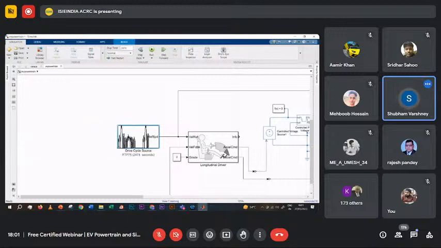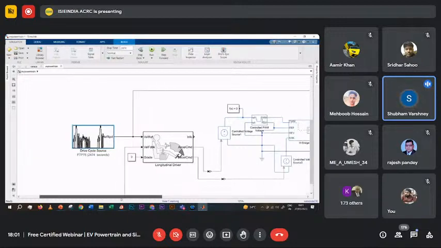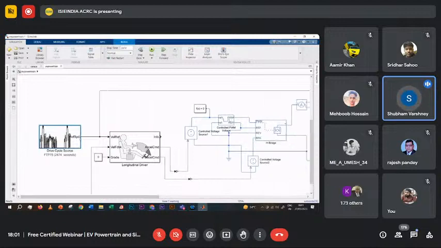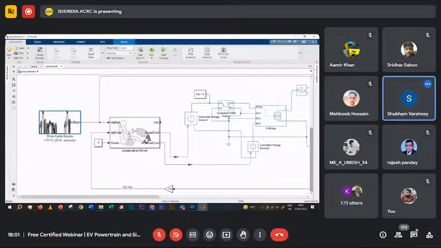So this is my reference speed which we are feeding to the driver. This is the driver. The vehicle reference is given here, and here is the grade, which means the inclination. If an acceleration command is needed, the driver gives the command to this control system. If deceleration is needed, it goes to this H-bridge, which is representing here